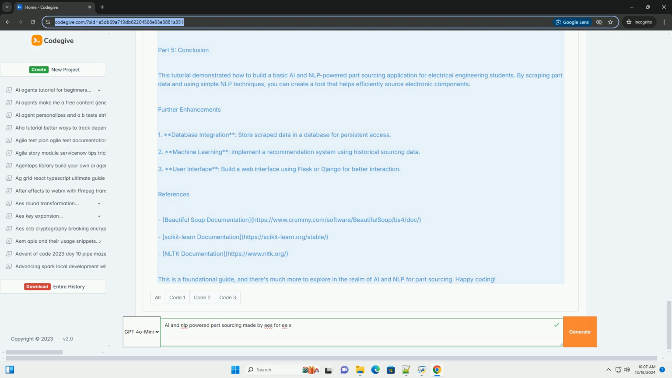References. Beautiful Soup documentation, https://www.crummy.com/software/beautifulsoup/bs4/doc. Scikit-learn documentation, https://scikit-learn.org/stable. NLTK documentation,